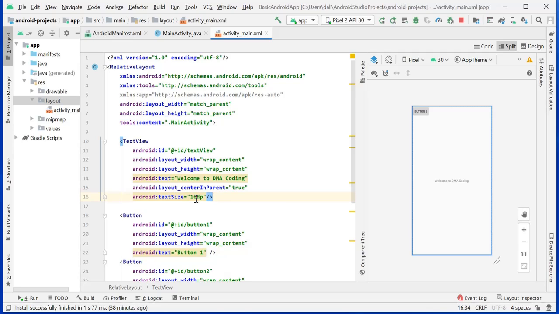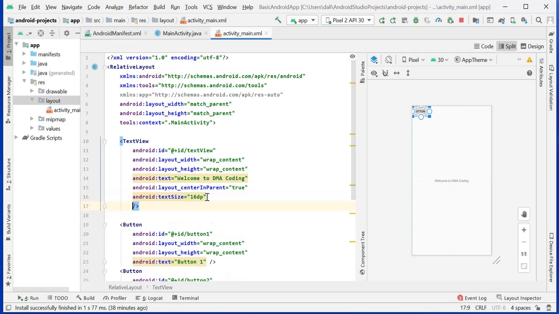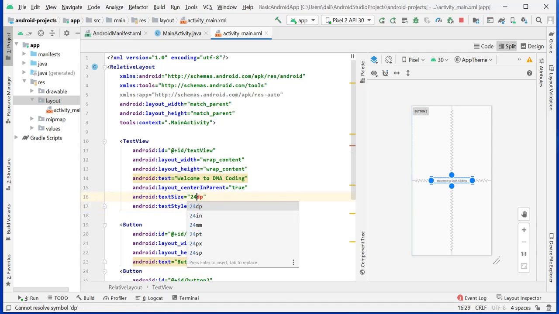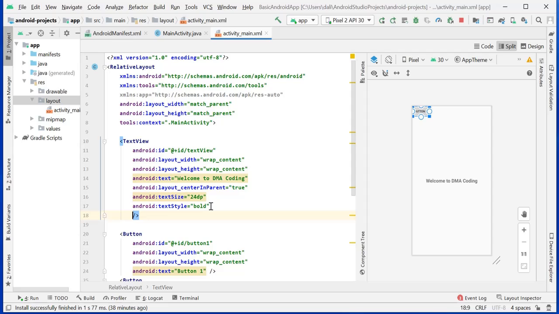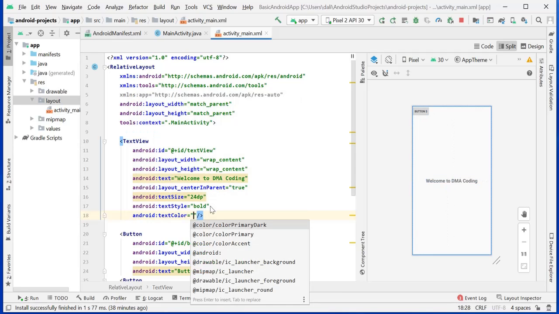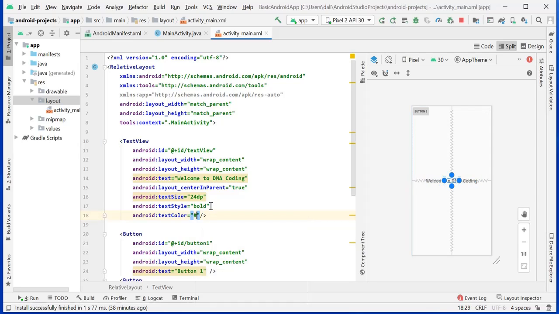So here we need to define it in dp. Make it a little bold, text style bold. Okay, 16 dp looks a little small, so we'll make it 24 dp. And color also, if you want black we can add text color. 000 is black color.